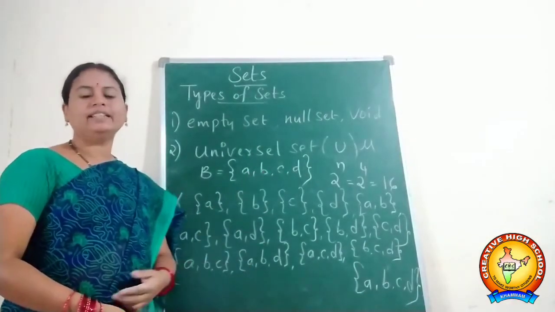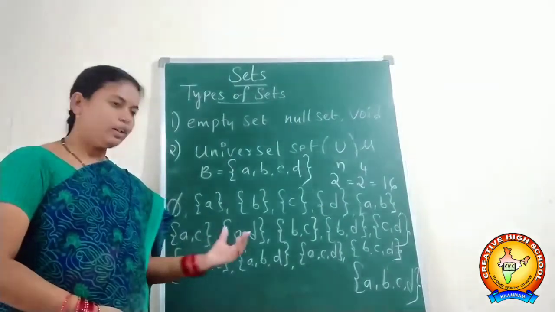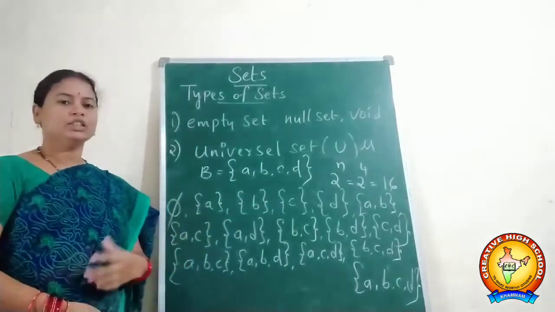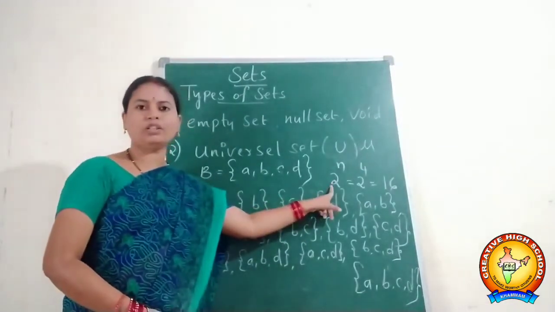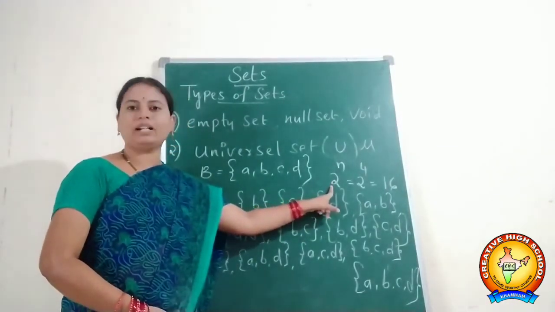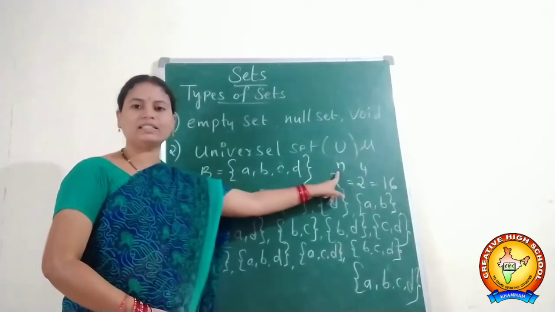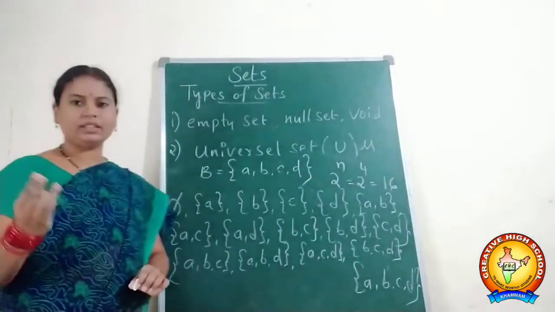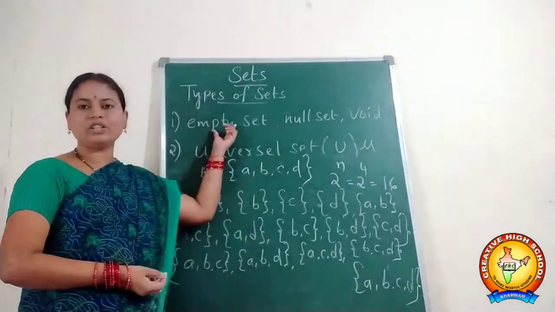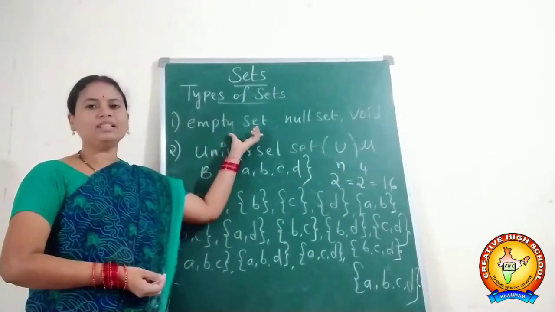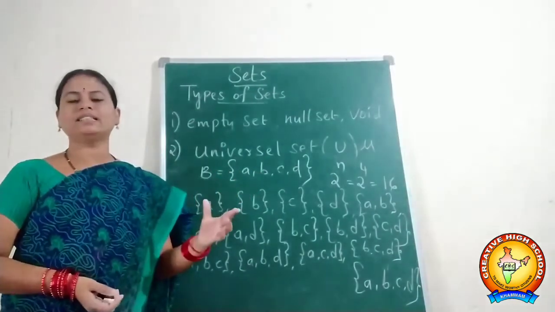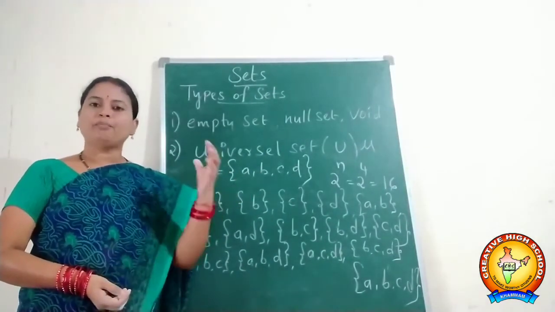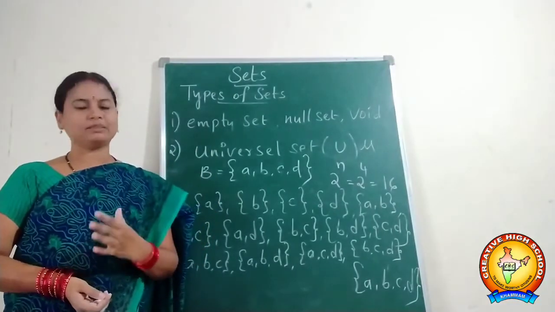Like this you try at home. We have many problems on writing subsets. To write the subsets we have to follow the formula 2 to the power of n, where n is called the cardinal number. Do you understand? Today we discussed only 3 topics. That is the definition of the empty set. An empty set means if there is no element present in a set. The empty set is denoted by phi or with empty braces.